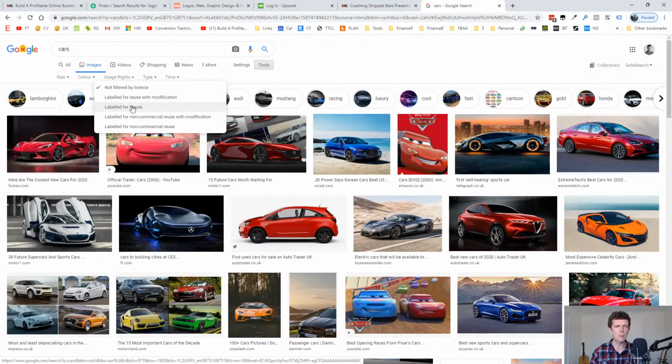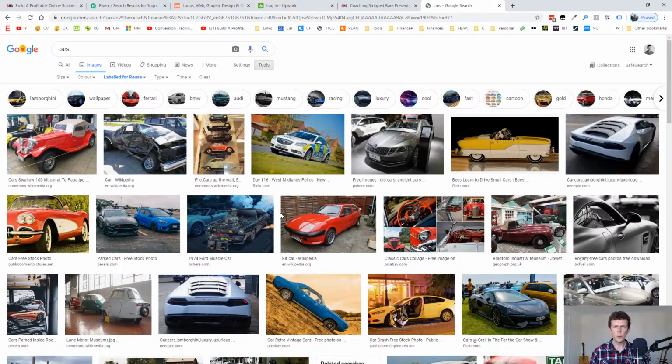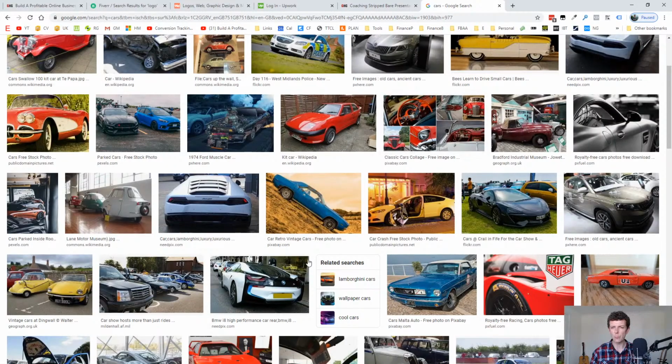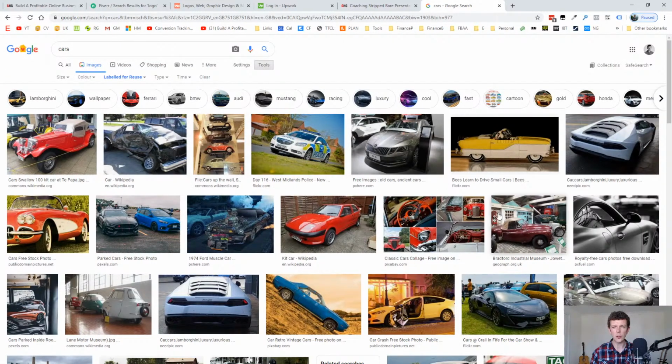So if you go there, you will see you can use any of these if you want to, but you can see how the selection changes a lot. So if you can find something here, then fair enough, but I never use this, really. I never use Google. You've always got to be careful that you've got permission to use the images that you'd like to. So there are a set of sites that you can use which allow you to have royalty-free